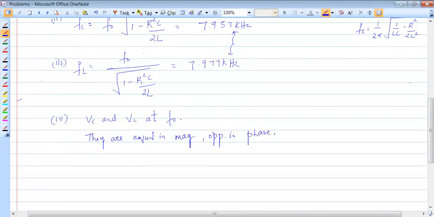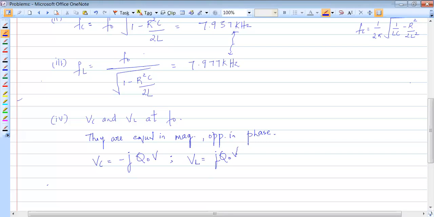If you remember the equations, this will not be difficult for you. Understand that? So VC is given by minus j Q naught V, and VL is given by j Q naught V. These are the equations we need to remember. The applied voltage is given to be 50 volts. But what is missing? What is not given in the problem? The Q naught is not given in the problem.